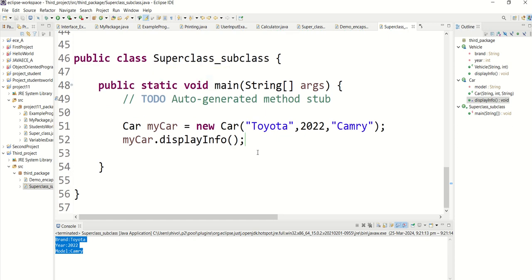What it is doing? We are first of all creating one object for the subclass. Car myCar equals new Car. We are creating an instance of the car, myCar, and calling its displayInfo method. Okay. So this program demonstrates how a subclass Car inherits from its superclass Vehicle and extends its functionality by